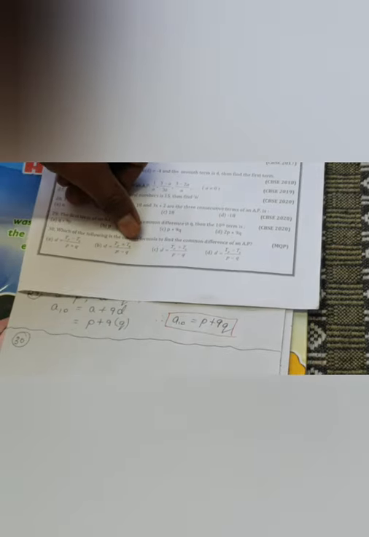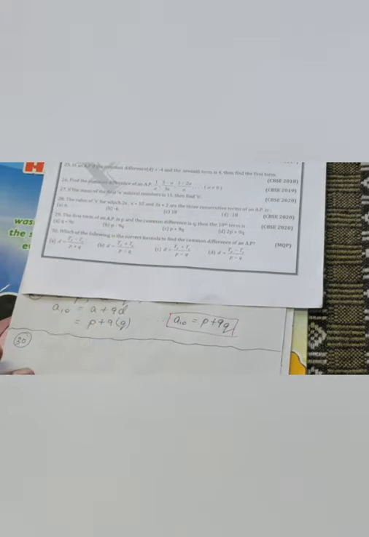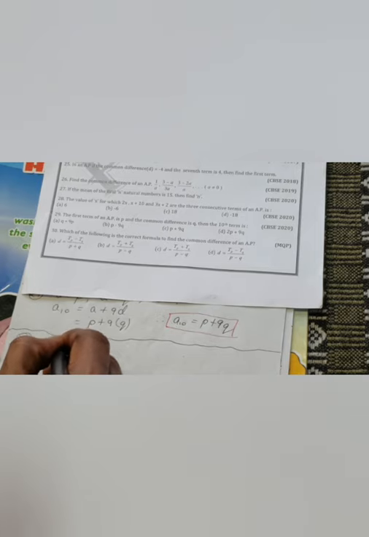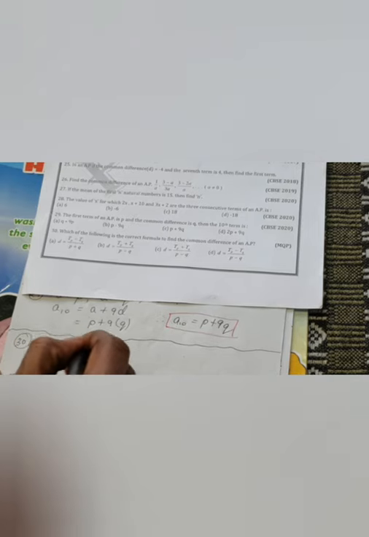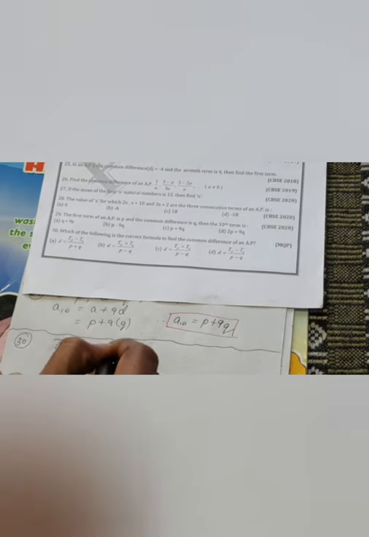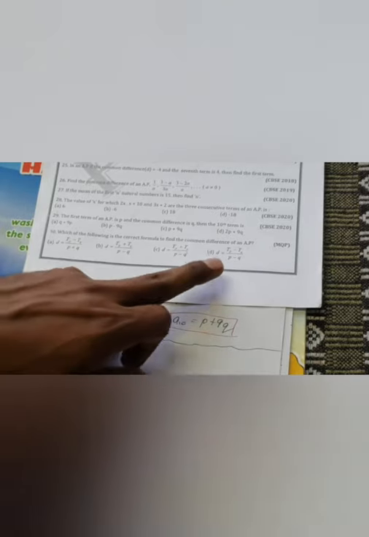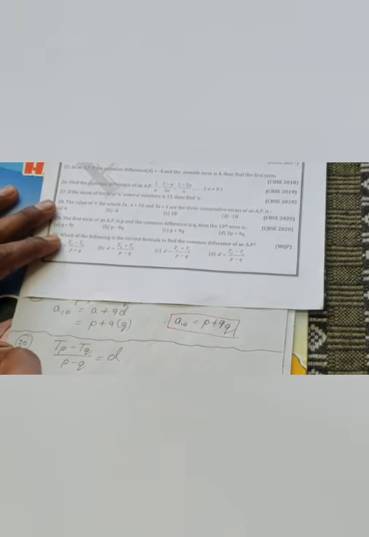And D is TP plus TQ divided by P minus Q. Again, this is not the right one. So D is TP plus TQ. Again, that is not right. We know the formula to find out the value of D is nothing but TP minus TQ divided by P minus Q. That is nothing but the option D.